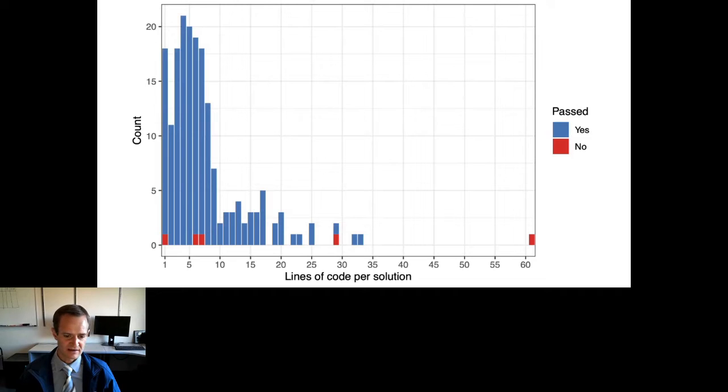Just a little insight into this: the lines of code per solution. You can see here, this is for the instructor solution. As I mentioned, the longest, the hardest, or the most complex problem it struggled at, but there are others that were relatively long that it did pretty well at, and then some that were relatively short that it struggled with. So I don't think it's necessarily the length or the complexity that's always the predictor of whether the model will be successful. There are other factors at play.